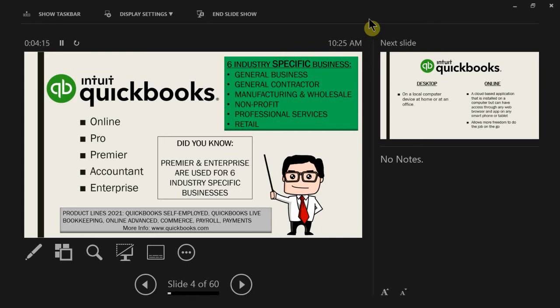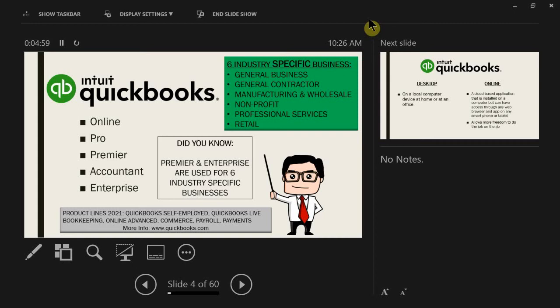Okay. And again, product lines of 2021, if you actually go to the official website, either intuit.com/QuickBooks or actually QuickBooks.com, you're going to notice that with the new 2021, they actually have other stuff such as QuickBooks Self-Employed, QuickBooks Live, and they have a lot of them, but in this book particularly, you need to know there are just 5 general ones because all of those other product lines, again, are geared towards specifics. So again, self-employed is more for those who own their own businesses